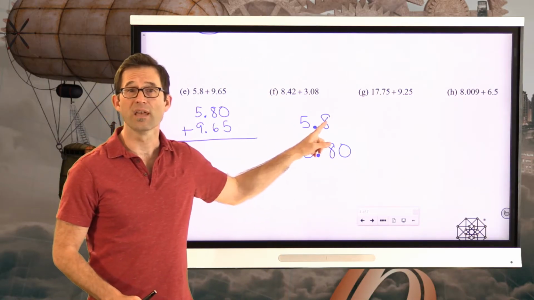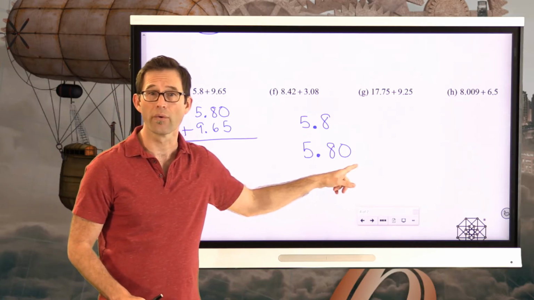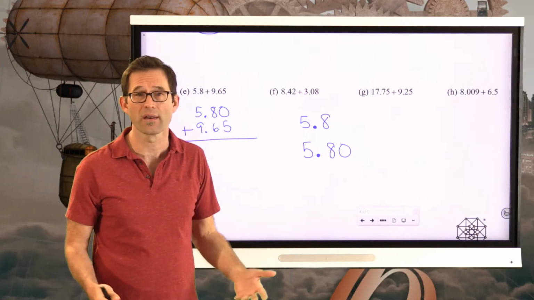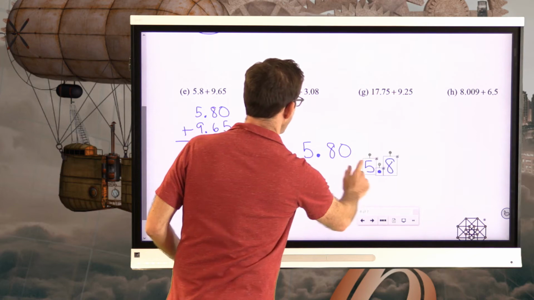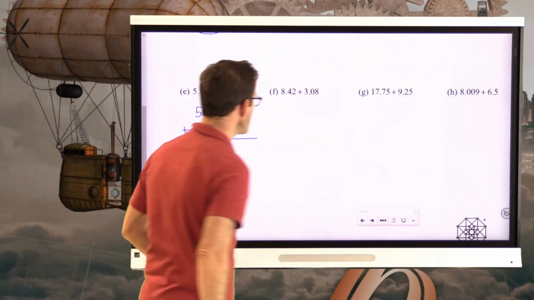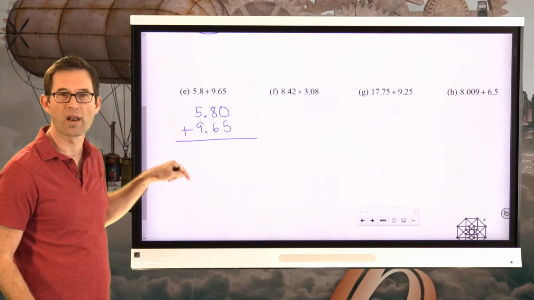Let's talk about this. This is 5 plus 8 tenths. This is 5 plus 8 tenths plus 0 1/100ths. Well, if I have 0 1/100ths, then I have 0 1/100ths. I'm not adding anything extra in there. But that can be helpful, especially if I'm just moving stuff all over my screen. That can be particularly helpful in a situation like this, just because then all my decimals kind of line up,